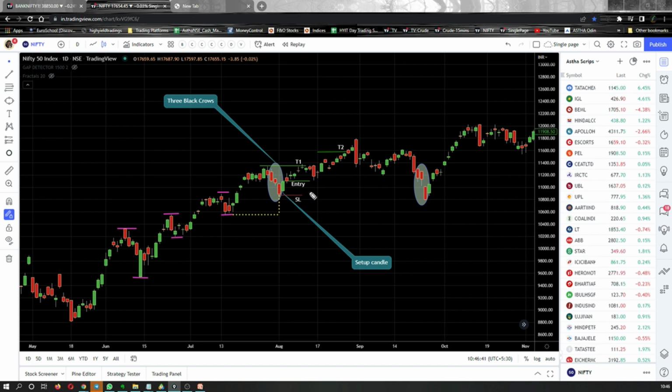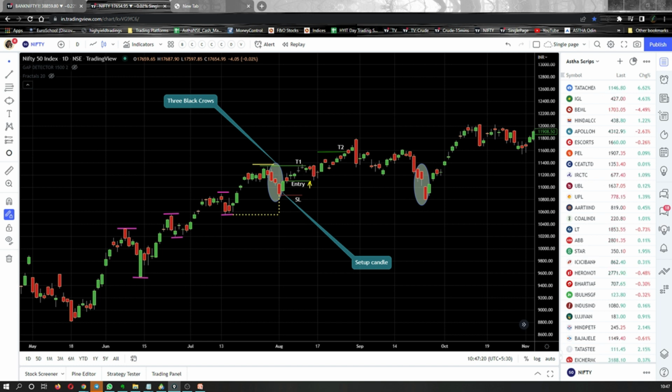Now coming to the target. Now there are two targets that can be defined in this particular strategy. Very clearly, the first target is this point. Why? Because it is a resistance. And why is it a resistance? It's a resistance because it is a swing high. As simple as that. So if you are taking an entry here, your first target should be the recent swing high. That is a very basic of intraday trading. And 90% of the time or 85% of the time, this target is met very easily. Okay, so that is target number one.